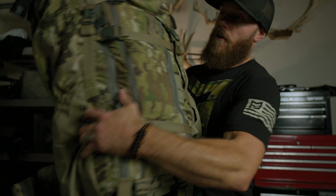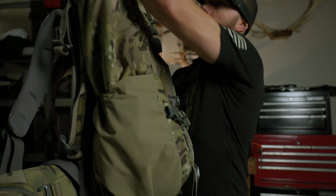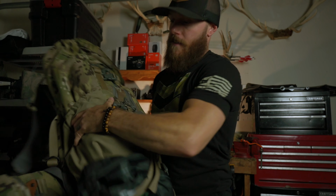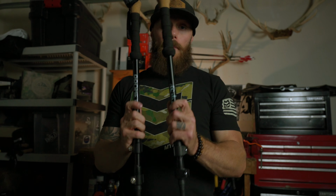Okay, moving over. On this pocket here, I keep my trekking poles. Pull those guys out. Alright, set this down for a second. Yes, I use trekking poles. Make fun of me if you will, but I've had a full ACL replacement in my left knee, so trekking poles are definitely a necessity for me when it comes to going downhill with weight. Uphill is really not so bad for me, but downhill is definitely a bummer, so trekking poles for me are